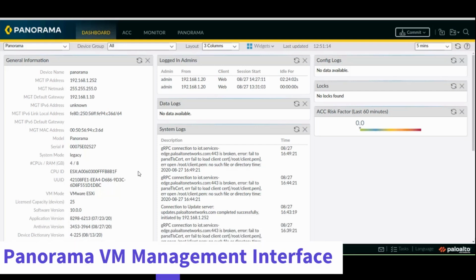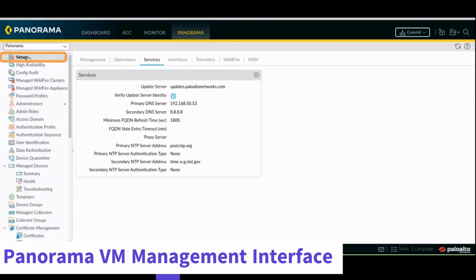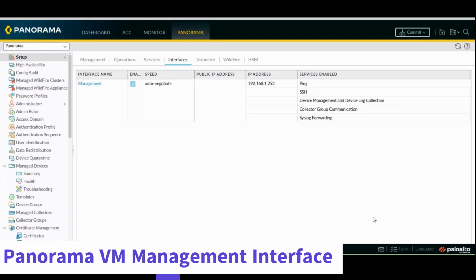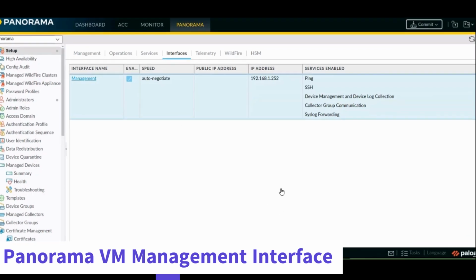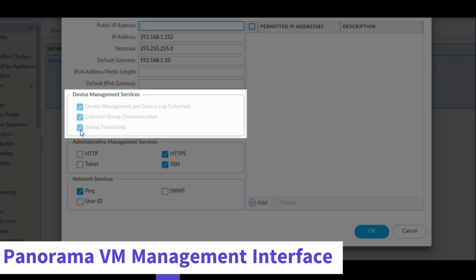Panorama devices can be configured with multiple interfaces for management purposes. Under Panorama Setup Interfaces, you can see how many interfaces Panorama has available. This instance just has a single interface. However, for devices with multiple interfaces, I can use these checkboxes to designate an interface for a specific type of